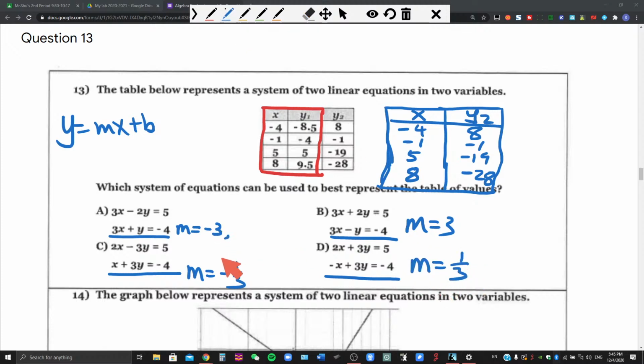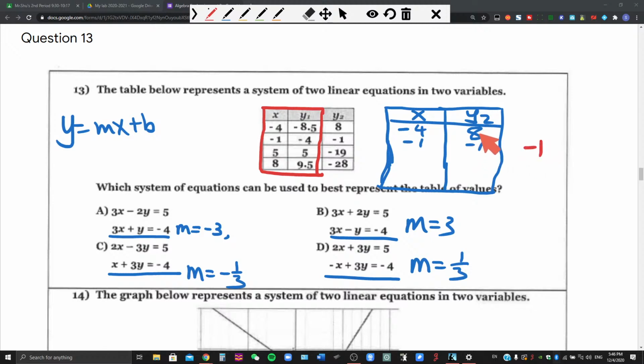Now you can tell that the A, B, C, D, they are claiming different slopes for the blue table. That means if we can find out the correct slope for this table, then we can find out the correct answer. Now let's do it. Again, we only need two sets of x and y: first x, first y, second x, second y. So we are going to do the formula